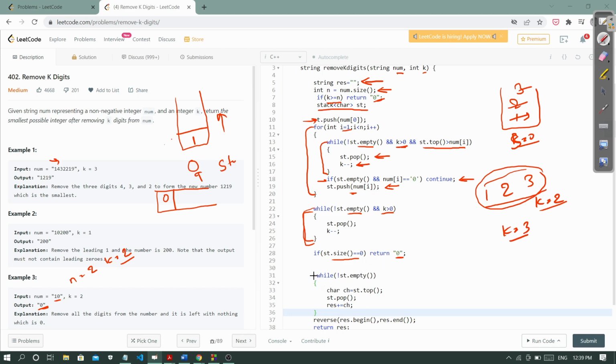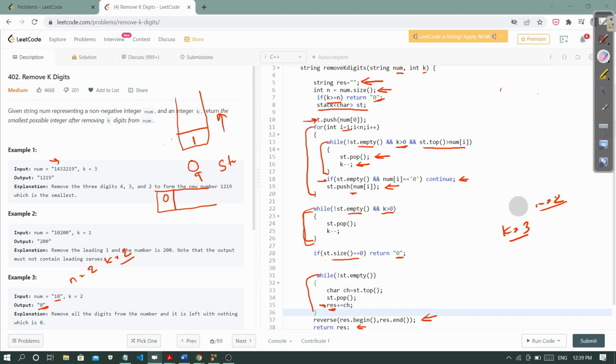But if size is not 0, then add every character in the result string, and after that reverse the result string and return the reversed string. So this is our code, and I hope you all understand the algorithm as well as the code part of this problem. So let's try to submit this